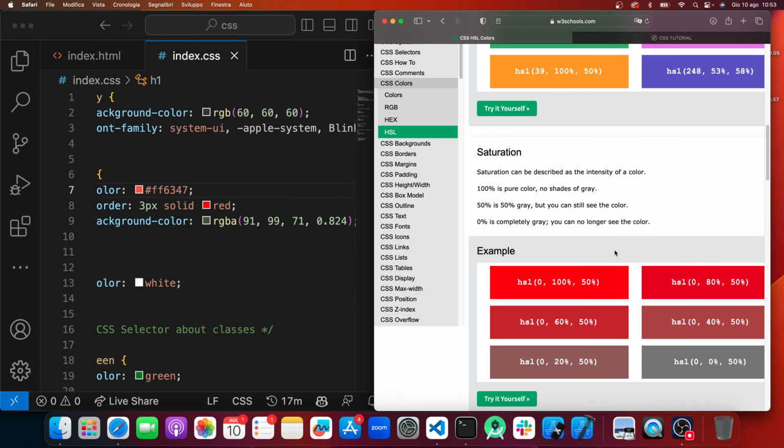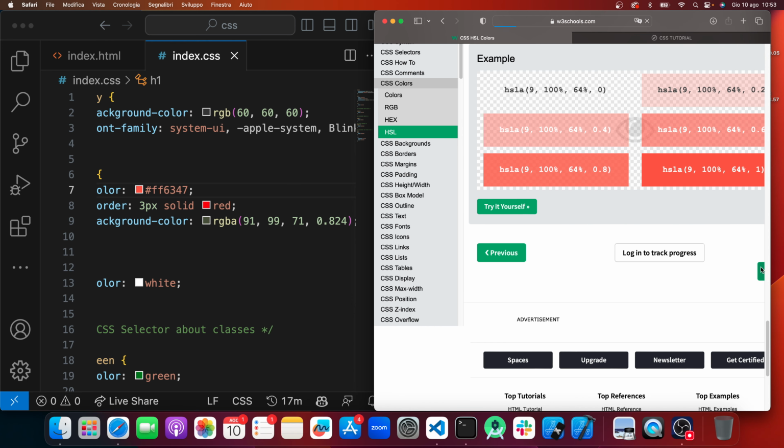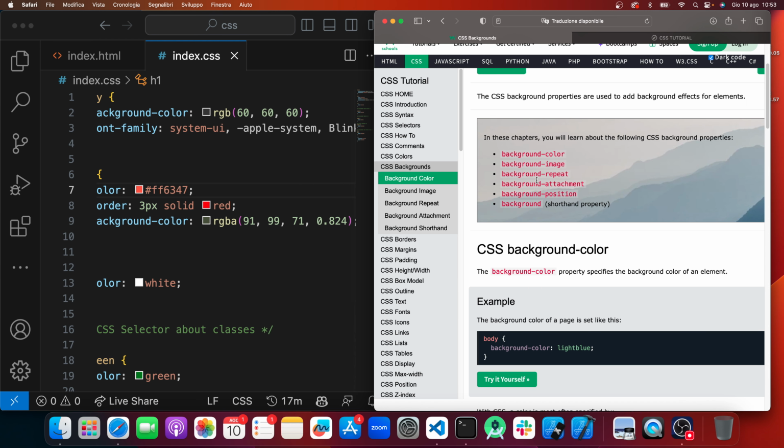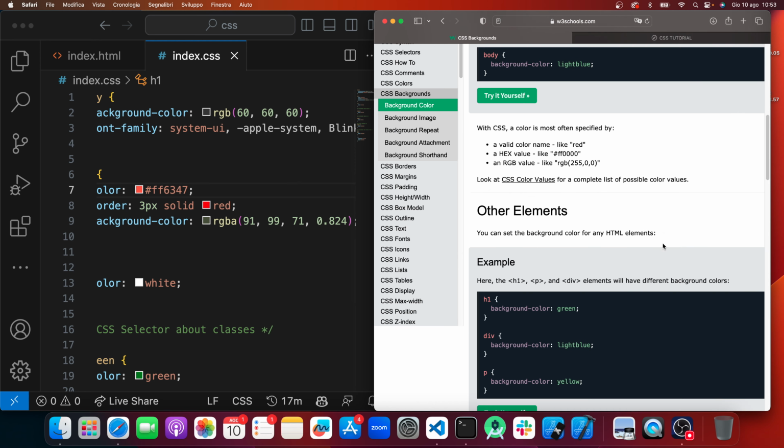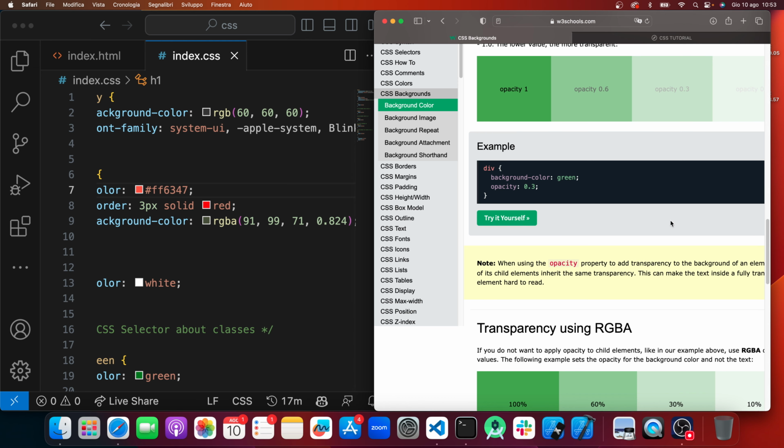Yes, you have HSL, never seen it, never used it, so I'll just skip through it. And yeah, so you have this background color. This background color basically, sorry, not background color, but background attributes, achieve particular effects when it comes to using images as background. I will say this is pretty much advanced. It will most likely not happen to use this value until you reach a certain point of skills within your CSS. But here we basically show a different selector with different